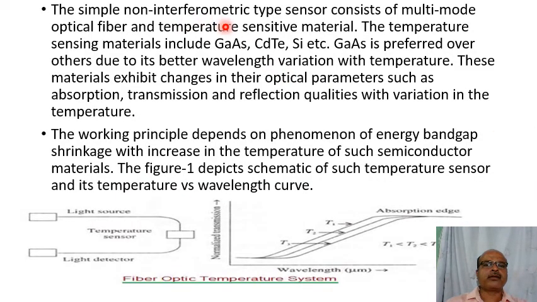The simple non-interferometric type sensor consists of multi-mode optical fiber and temperature sensitive material. The temperature sensing materials include gallium arsenide, CdTe, silicon, etc. Gallium arsenide is preferred over others due to the better wavelength variation with temperature. These materials exhibit changes in their optical parameters such as absorption, transmission, and reflection qualities with variation in the temperature. The working principle depends on the phenomenon of energy band gap shrinkage with increase in temperature of such a semiconductor